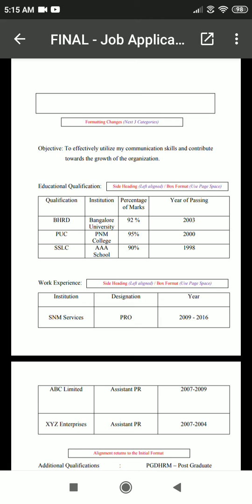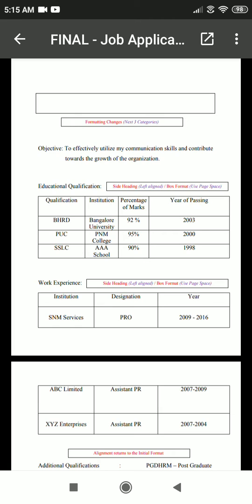Then comes your PUC. Last is going to come your SLC. Go in this format. Then after that the PUC, and further it's about graduation. It can be a bachelor's, and if you want to mention your master's, you write your master's first, then your bachelor's, then your PUC and SLC. When I'm saying master's or bachelor's, remember carefully,